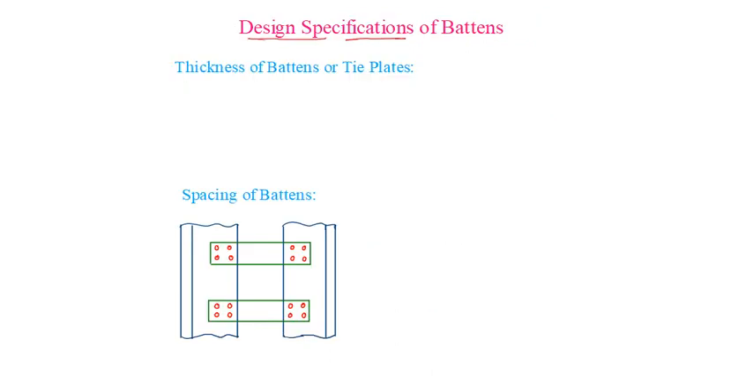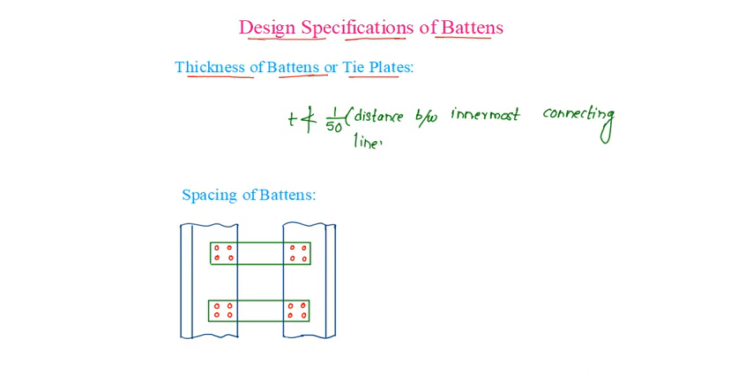Design specifications of battens. In that, first is the thickness of batten or tie plate. The thickness of the batten should not be less than 1/50th of the distance between the innermost connecting lines of rivets or bolts or welds,